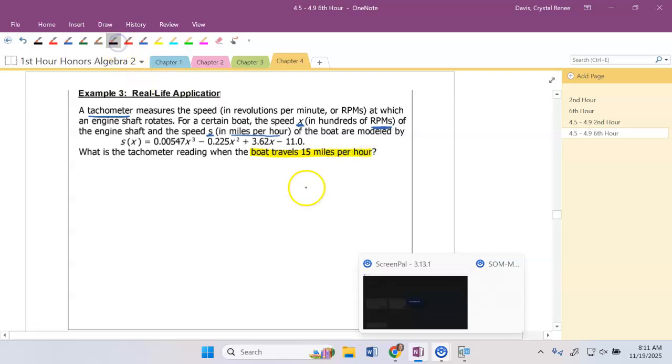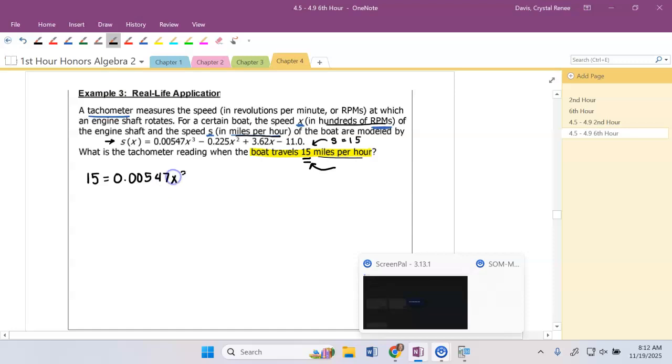All right, so when I'm reading this, like I said, I don't know anything about engines and I'm already confused. What I need to know mathematically though is, this 15, what speed does that talk about? Is it talking about the speed in s or the speed in x? Well, notice my x is in hundreds of RPMs and my s is in miles per hour. So if this is in miles per hour, this must mean my s is equal to 15. So I'm going to plug that into this equation. So 15 equals